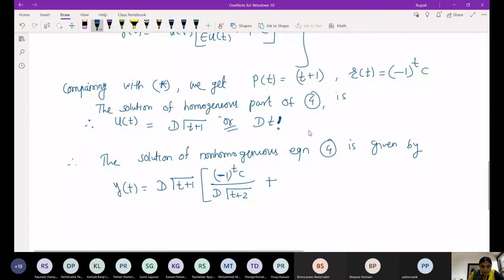Minus 1 raised to t times C1. C1 is also a constant, d plus some constant C. Is that okay? And u of t. So I can write this as